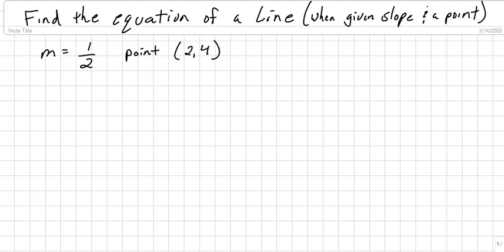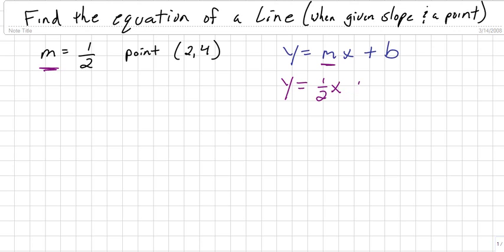Alright, now we're asked to find the equation of a line when we're given a slope and a point. In this particular problem, we give you the slope. The slope in this case is 1/2, and it passes through the point (2, 4). So the question is, we need to find the equation of the line. Well, the best way to write the equation of a line is to put it in slope-intercept form, which again is y equals mx plus b. So that's the form we're going to put it in. Well, look what we already have. It gives us the m right here, the slope, so we can already plug that in. We know it's going to be y equals